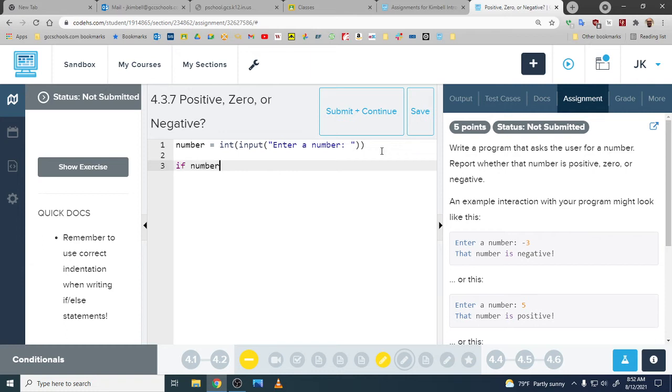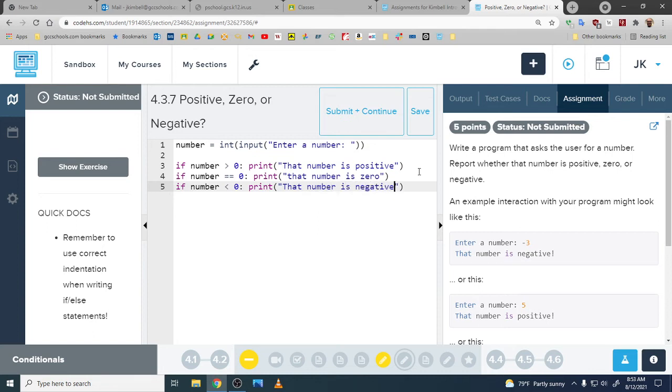You would say if number greater than 0, print that number is positive. If number equals 0, print that number is 0. And if number is less than 0, print that